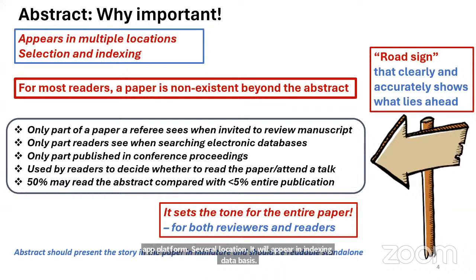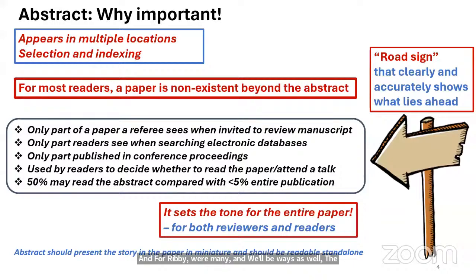An abstract may appear alone on a bibliographic database. And for reviewers as well as readers, the abstract may be the only part of one's entire paper that they may ever become familiar with. So for most readers, a paper is non-existent usually beyond what the abstract